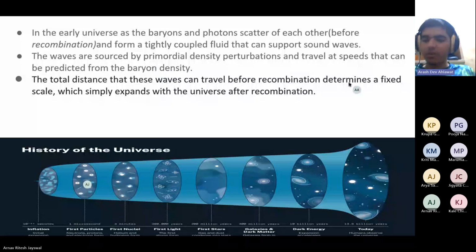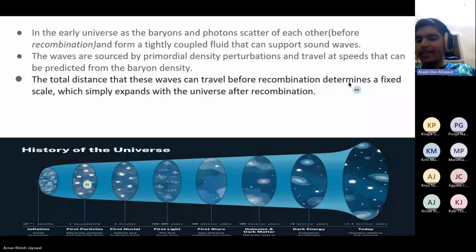Now, these waves are formed because of density. These waves travel a distance. When recombination happened, it's like the distance they traveled was frozen in time, because you can measure that wave. I'm just telling you the gist of it. You need to go more deeply into this because primordial waves are complex topics that require a lot of maths. I'm just basically telling you density perturbations created waves